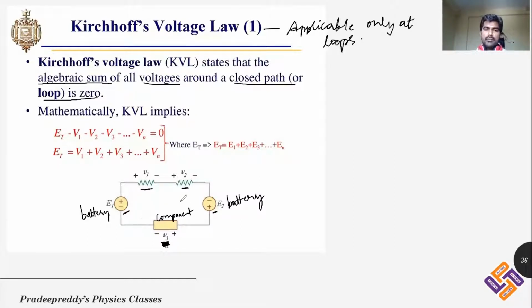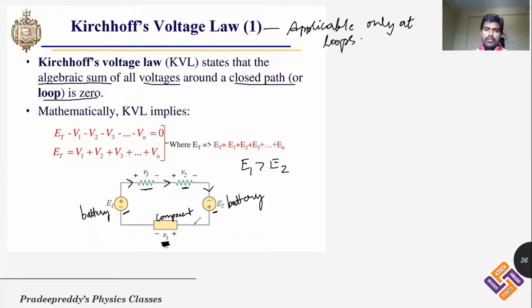Now these two batteries are connected in such a way that current is able to flow from high potential to low potential. Potential E1 may be greater or E2 may be greater. We need not bother about that. If E1 is greater, current will be flowing from E1 to E2. If E2 is greater, then current will be flowing from E2 to E1. Here it is not mentioned whether E1 is greater or E2 is greater, so we are considering E1 is greater than E2. Therefore, battery E1 will offer greater potential difference. As a result, current starts to flow in this direction.